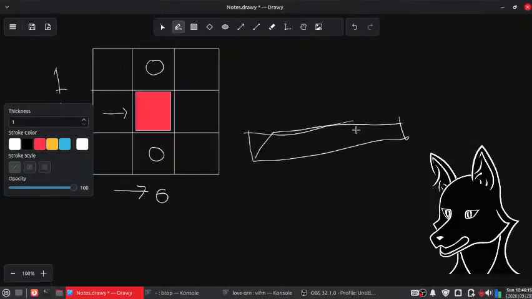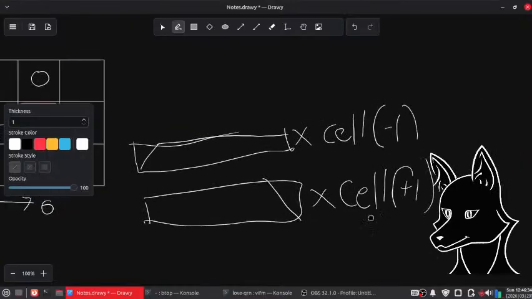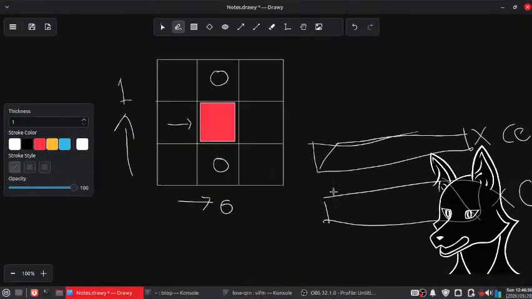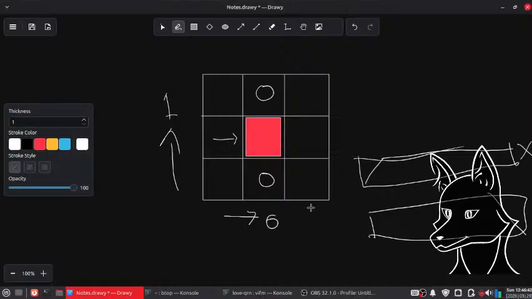And then we multiply this by the cell at -1, and then we do that times cell +1, right? That's basically what we do, right? And we can do that by looking at the